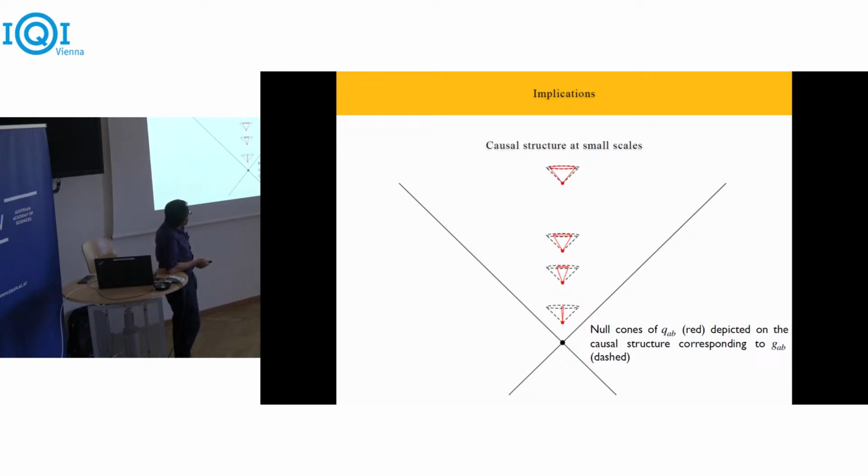Then there is also an implication for the causal structure of space time. Light cones constructed using the effective metric seem to shrink at very small scales, and this has a connection with the phenomenon which in quantum gravity is often called asymptotic silence. That is, if you are in the Planckian regime, light cones shrink so that nearby points decouple and they are not